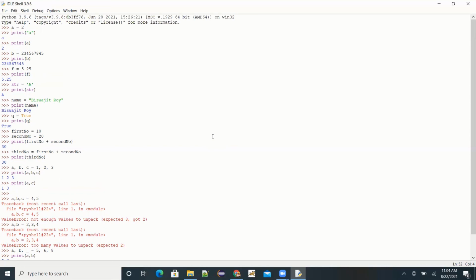Let's give it a try for a couple of days. Try different types of variables, means assign different types of values to the variables, and try to print them and see how it goes. This is it for today's class, and we will be back with a new chapter and we'll be learning new things from Python in our next class.